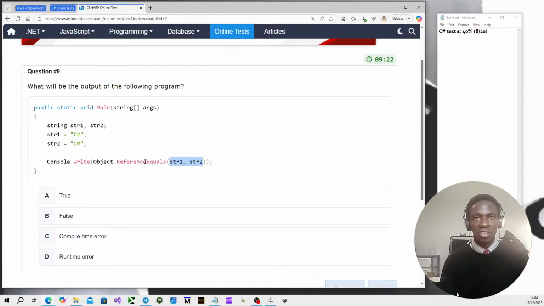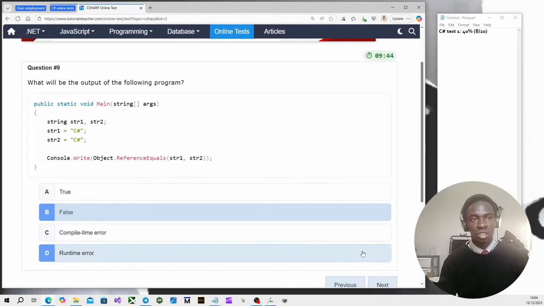So it's another equality check, I think, but via reference, if that makes sense. And I learned in the previous test that strings are passed by value, if I'm not mistaken. Was it reference? I think they're passed by value. I thought it was reference, but I was wrong, I think. So let's just say false. I'm gonna go for false, guys. I might be wrong.